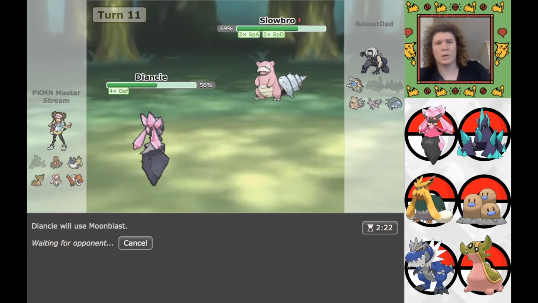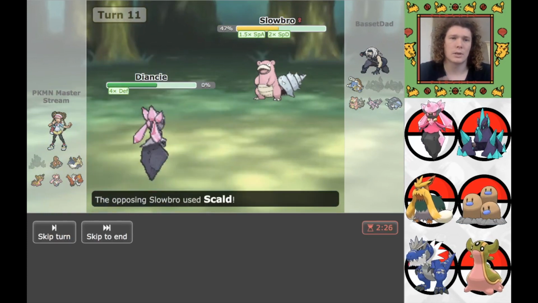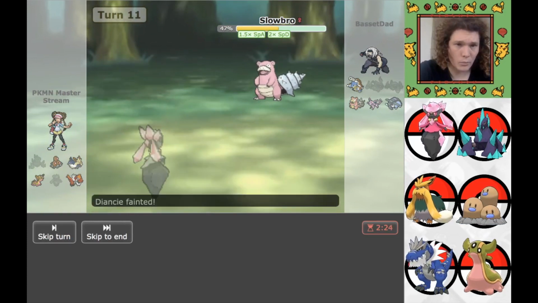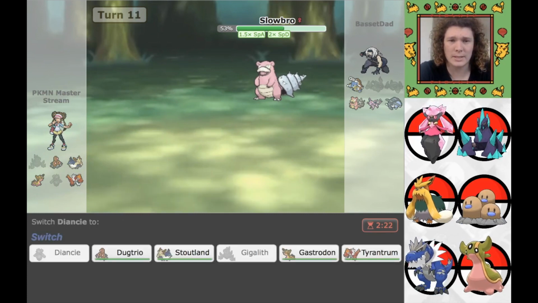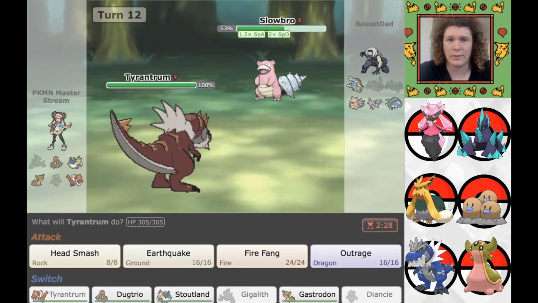Let's go for a Moonblast. It'll get rid of some of the special attack. He Scolds. Perfect. Gets a crit. That's probably the best case scenario. Now we send in this thing, and we just go straight for...